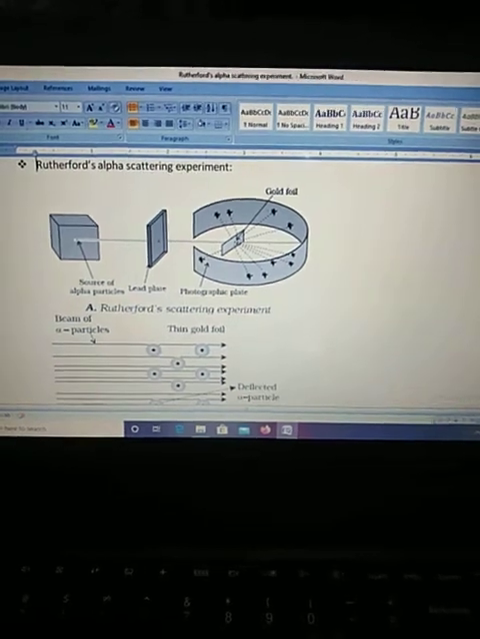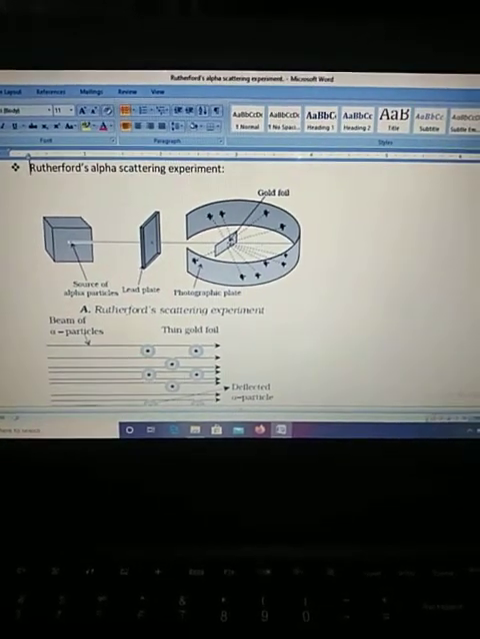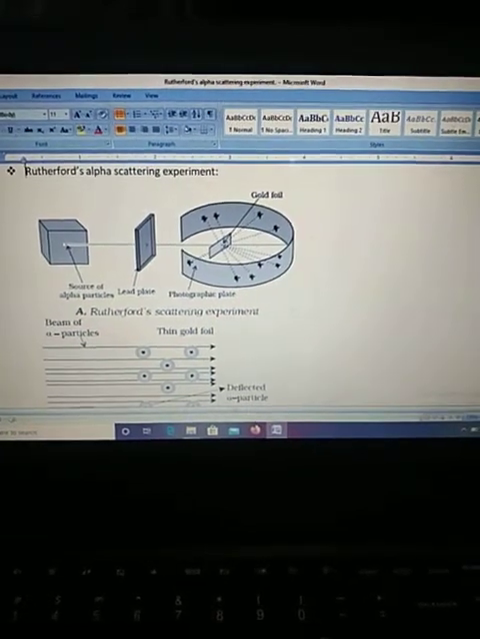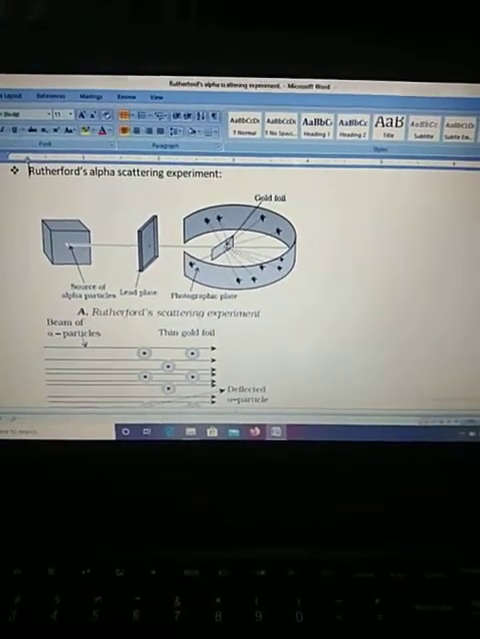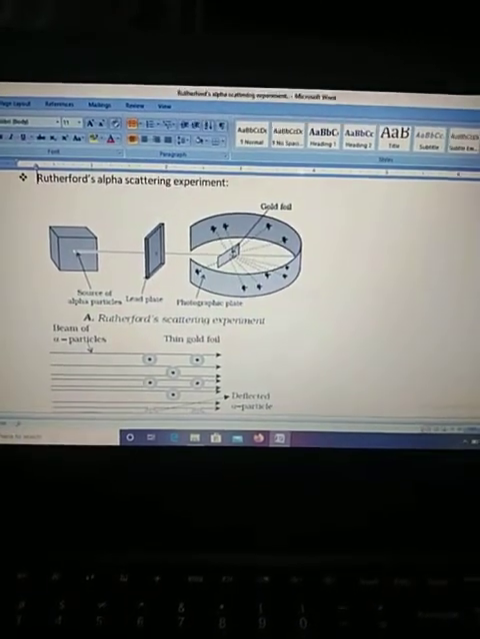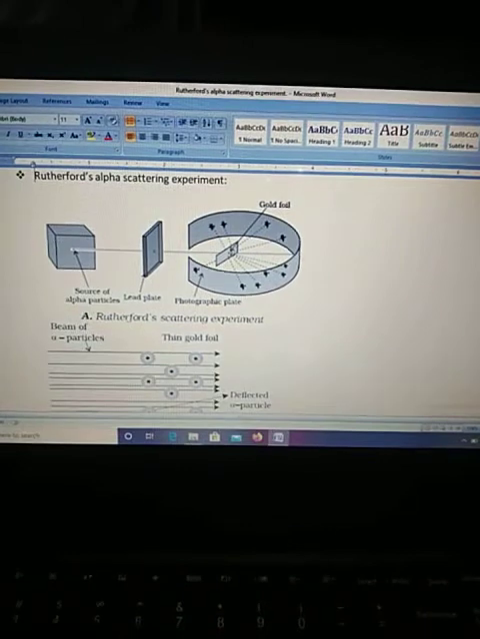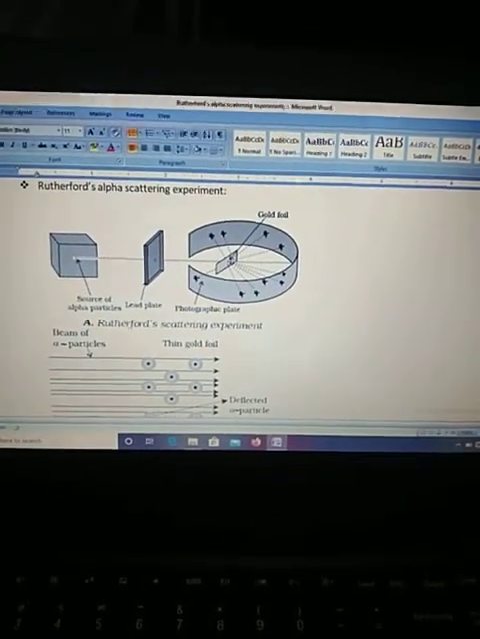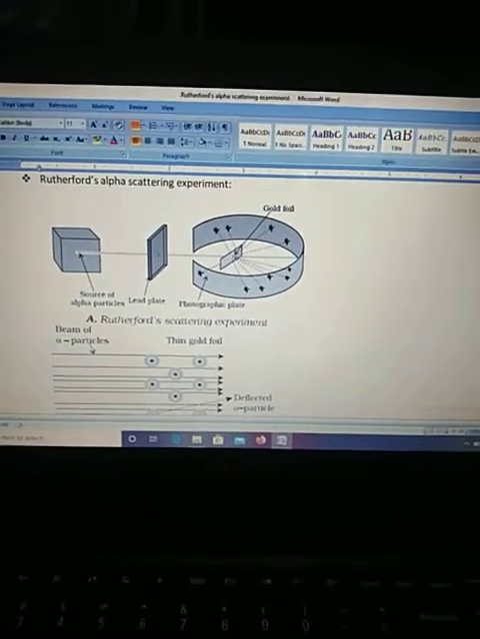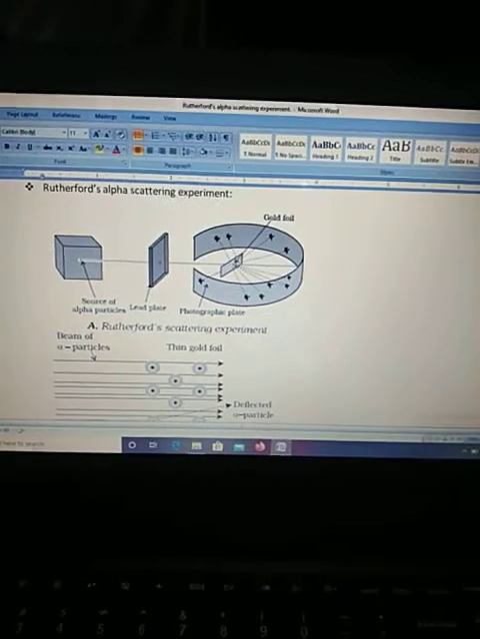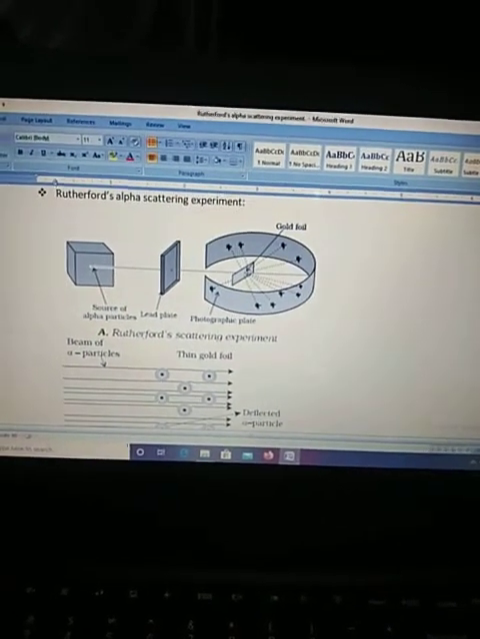Dear students, in our last class we discussed Dalton's atomic theory. Then we discussed the subatomic particles present in an atom. After that, I gave you an assignment in which you were asked to write about the three subatomic particles. Okay. Now today we are going to do a very important experiment known as Rutherford's